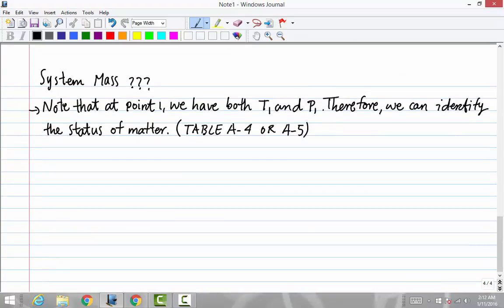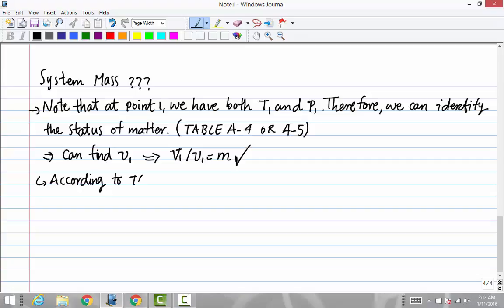So if I summarize that for you, it means that we can find v1. Then we know that capital V1 over little v1 equals mass. Then we can find mass, and then that's it. So according to table A-5,